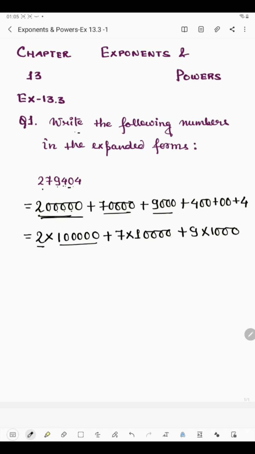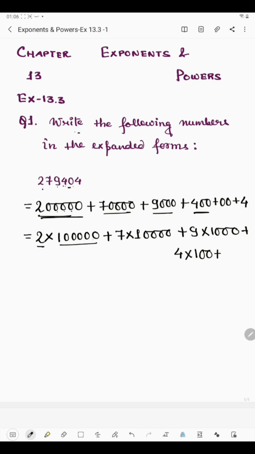So if you see the pattern, zeros are getting decreased. Then plus sign. Then we will write 4 and how have we got 400? After 4 we will write, see, 4 is multiplied by 1 and then 2 zeros. 2 places, so 2 zeros. So it's 4 into 100, 400. And then we have 0. We can skip this part. But here if you see, this is in pattern. We can find a pattern here.